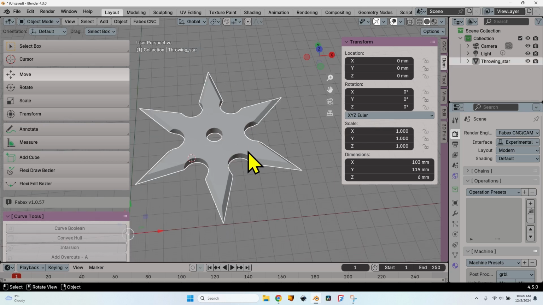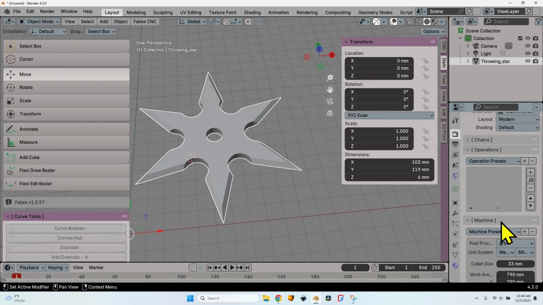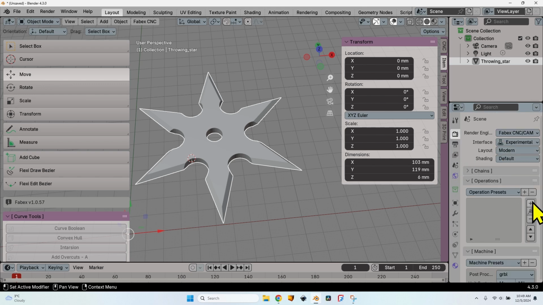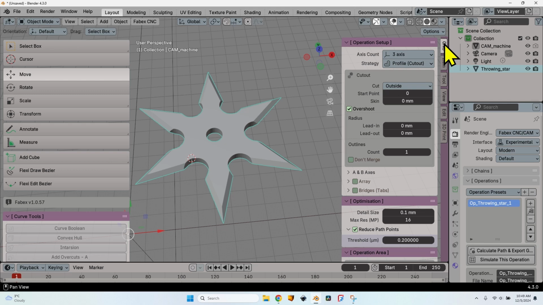But in order to do that, as you can see, if I create a new operation here, so go to the operations on the left in the render tab, click on the plus button, and now I can go to the CNC tab here in the end menu. I cannot create a profile, I cannot select the edges for the profile. This is quite different from what I'm used to in FreeCAD. It took me a little bit of time to understand how everything works, and here